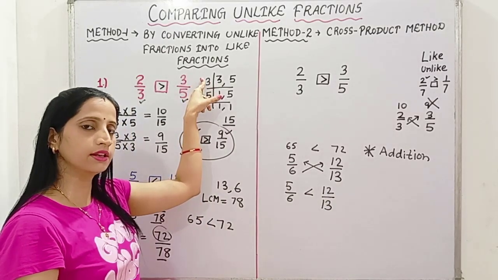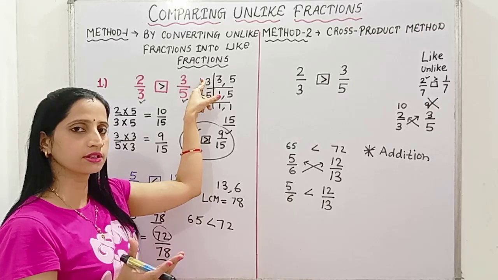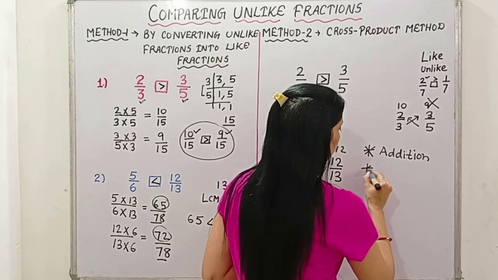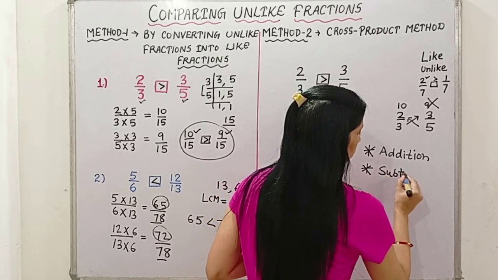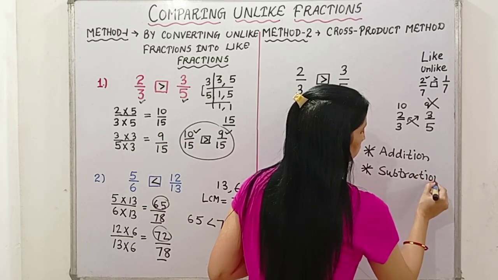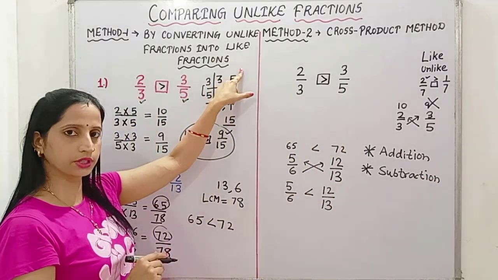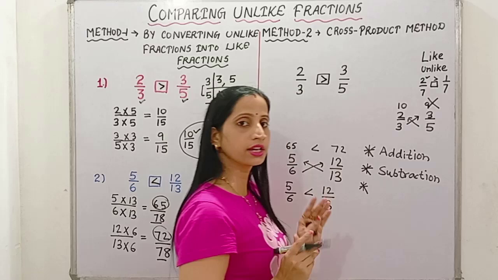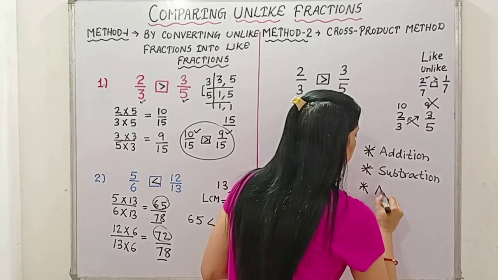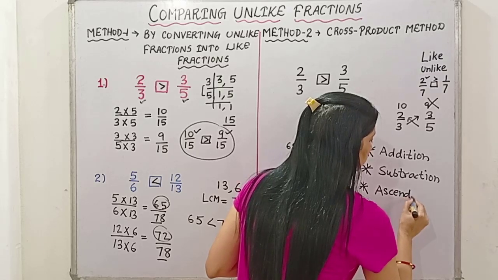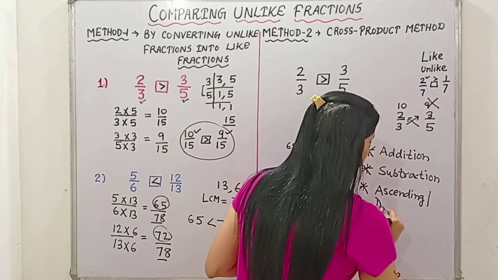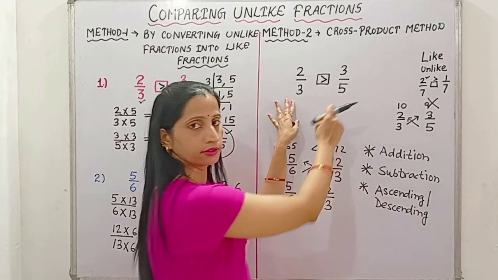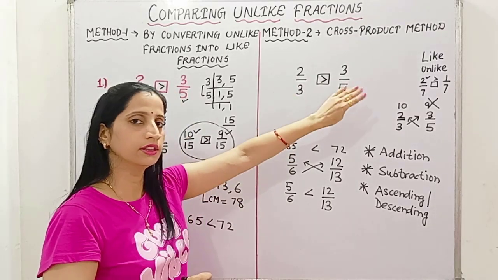Okay, because when the two given fractions are unlike fractions, first we have to make them like fractions and then only we can add. Similarly, if you are doing subtraction of fractions, that time also you have to use this method. Okay. Now, where else can you use it? When you have to arrange the given fractions in ascending order or descending order. Okay. Because when only two fractions are given,